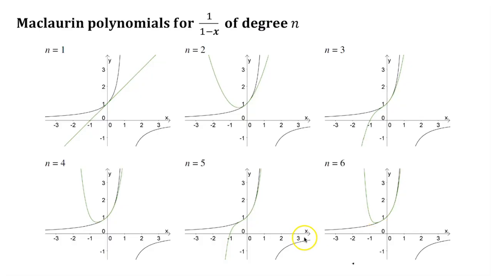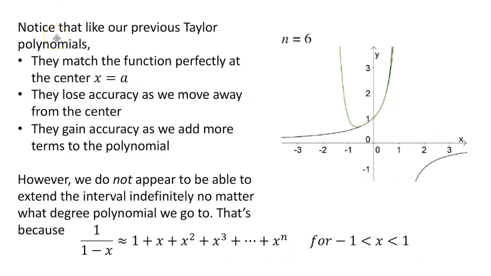But none of them are very good approximations over here to the left of -1, and none of them attempt to approximate this piece over here that would exist on the graph of 1 over 1 minus x. So notice that, like our previous Taylor polynomials that we studied in the last section, they match the function perfectly at the center, x equals a. So at 0, the 6th-degree Taylor polynomial matches 1 over 1 minus x, but they lose accuracy as we move